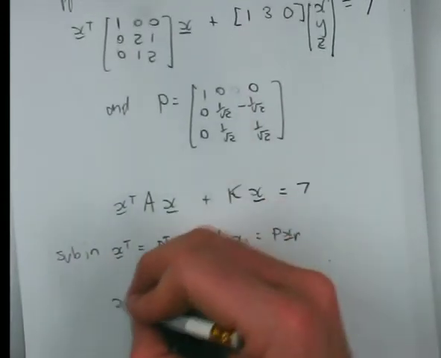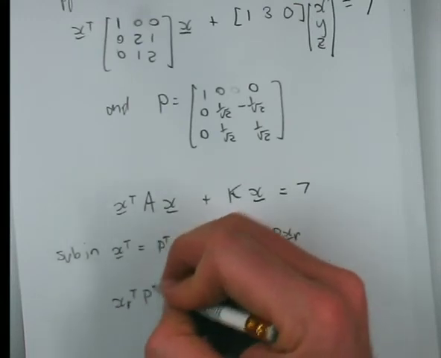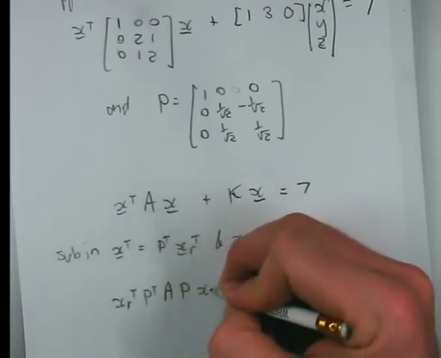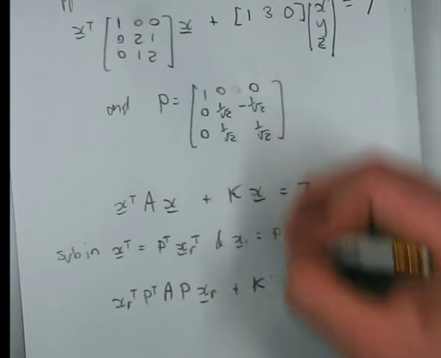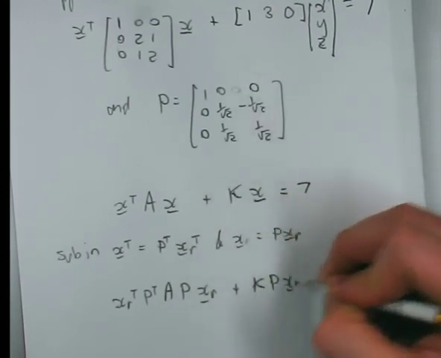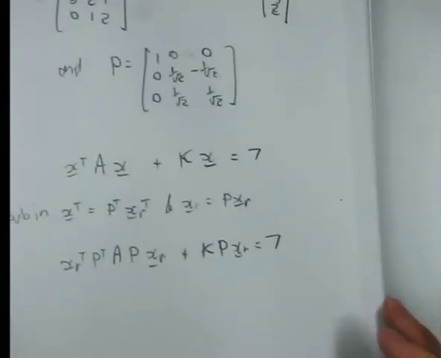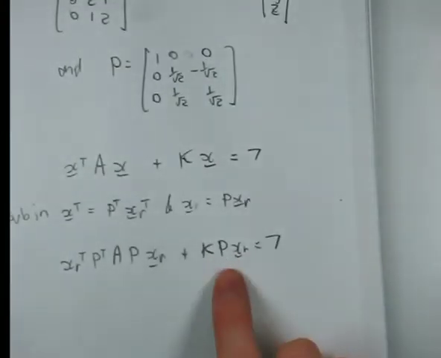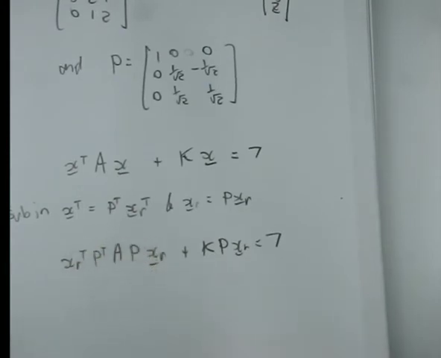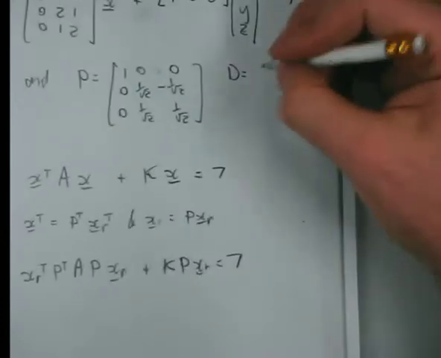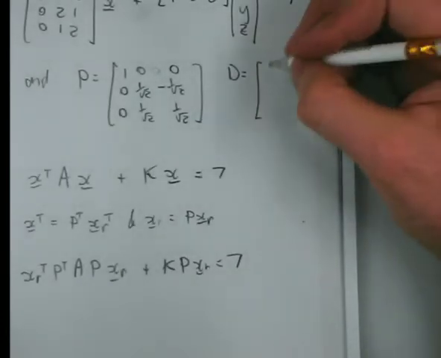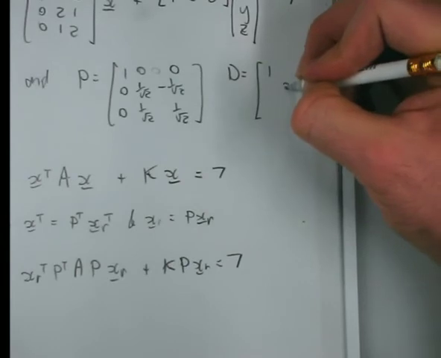So if I'm subbing in that, then I'll get XR transpose P transpose A P XR plus K, and the X is replaced with PXR, right? So don't forget to put the P in when you do this. That's a really key step. So we know that the P transpose AP will have to be the eigenvalues. I will just pop them in if you don't mind. They are 1 and 3